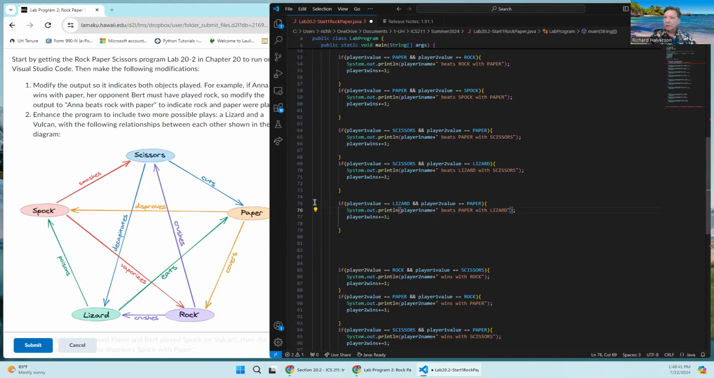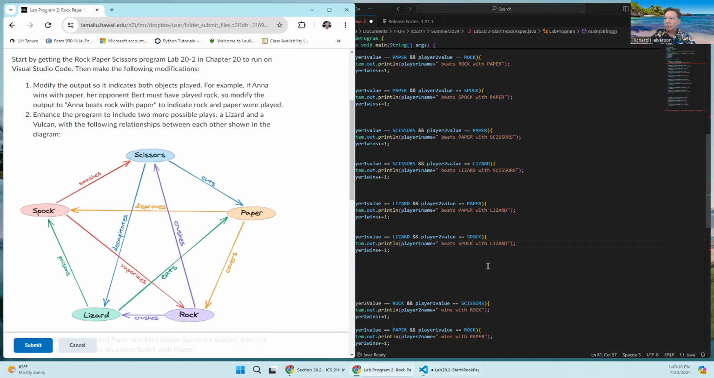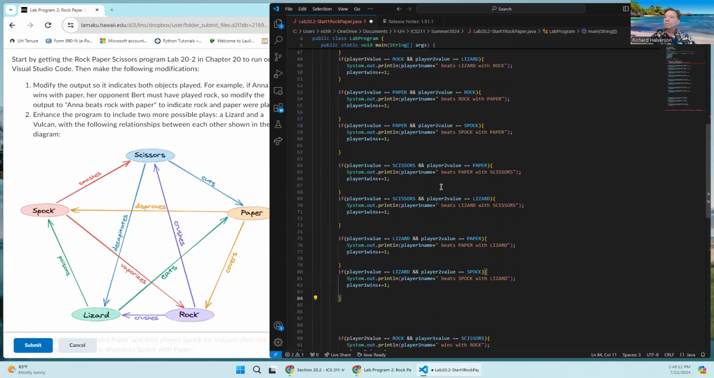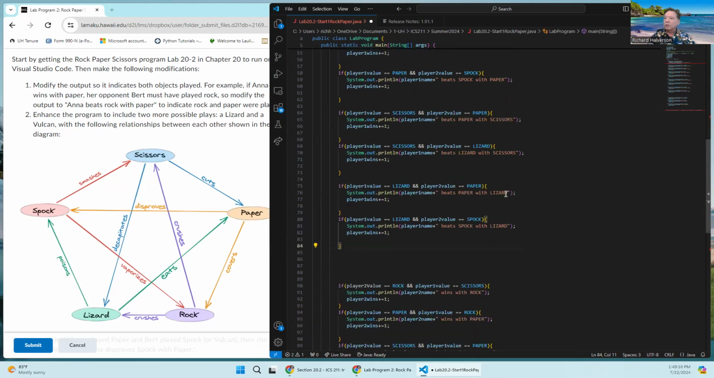And then this is lizard eating paper. And the next one is lizard also poisons Spock. So this can be Spock, and beats Spock with lizard. Okay, so lizard beats paper and lizard beats Spock. So that's lizard. So now I've got rock winning twice, paper winning twice, scissors winning twice, lizard winning twice, and